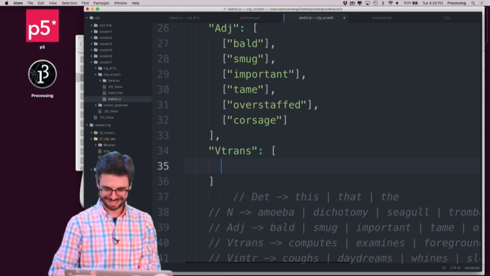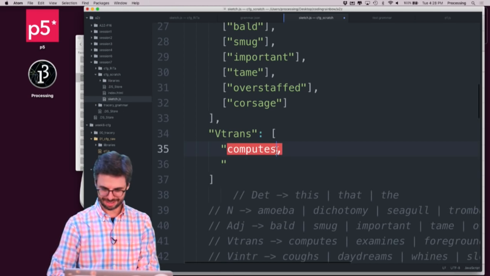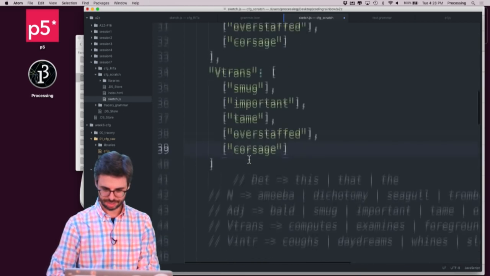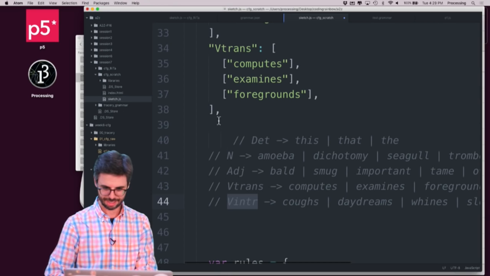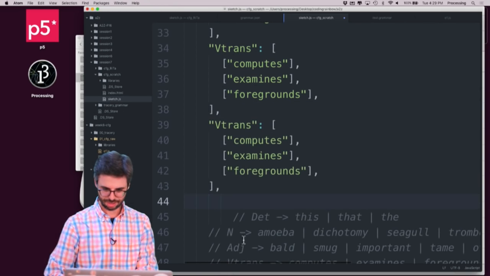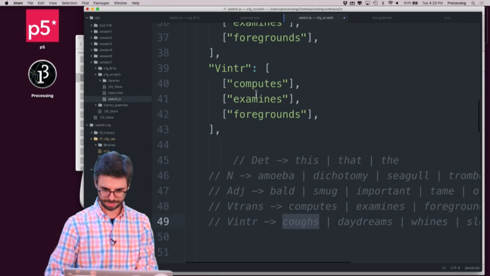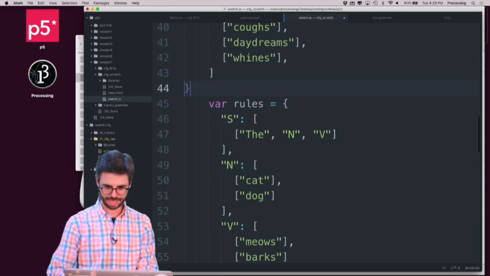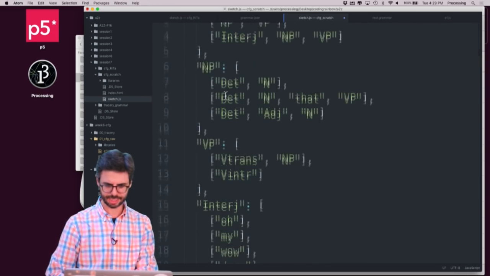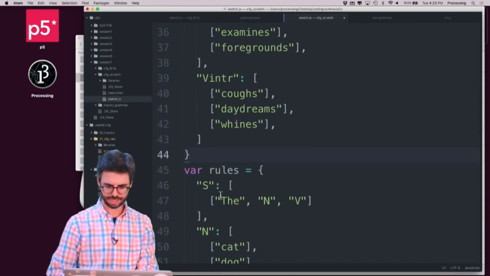I talk about not preparing. Computes. Let's see, computes, examines, foregrounds. Okay, that's good enough for me right now. I'm losing my patience here. And then intransitive. Daydreams, wines, oops, wines. Okay. Rules. So now I'm commenting out what var rules is, this object with all these in it. And then I can comment out this